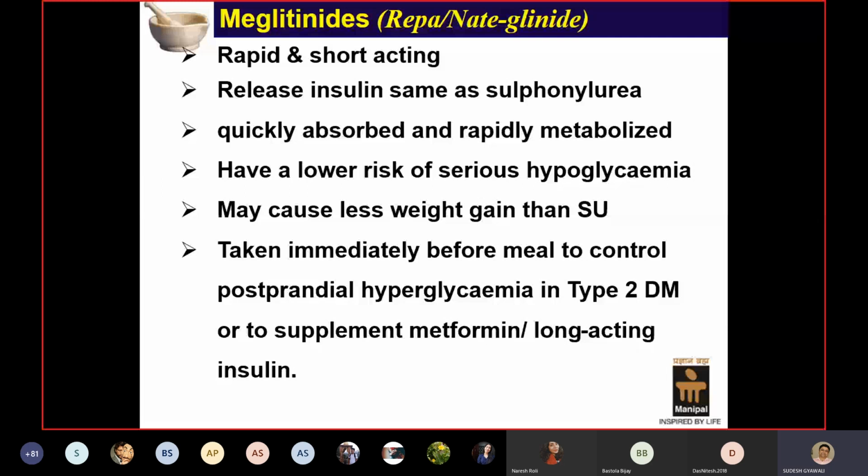And I think in the last or second last lecture of this chapter, we will be talking about the guideline for treatment of diabetes mellitus. In that guideline, you will be more clear about which drug to approach and where meglitinide or the other drugs belong. I have already mentioned metformin is